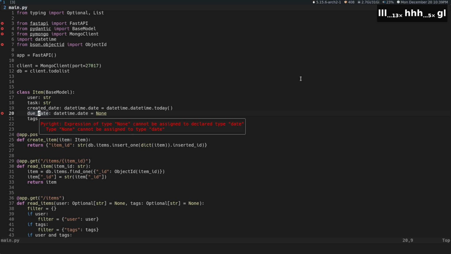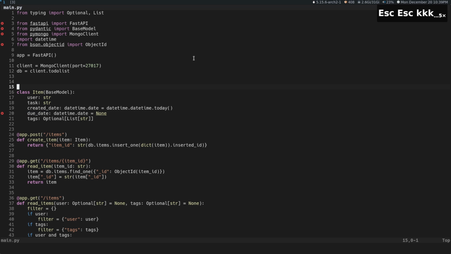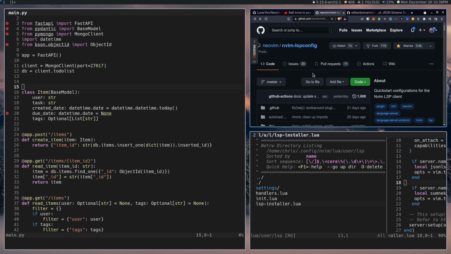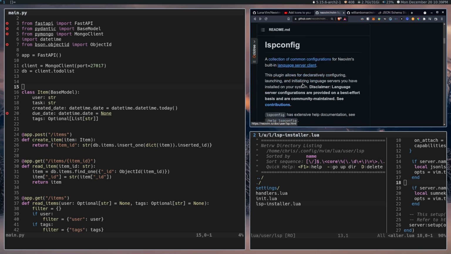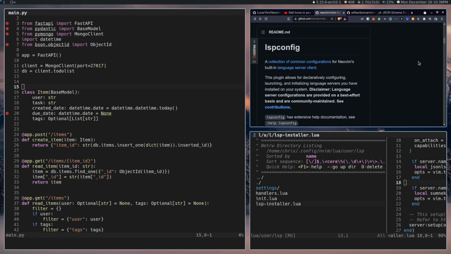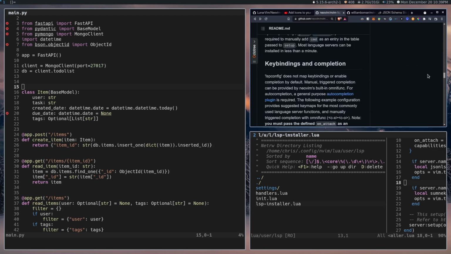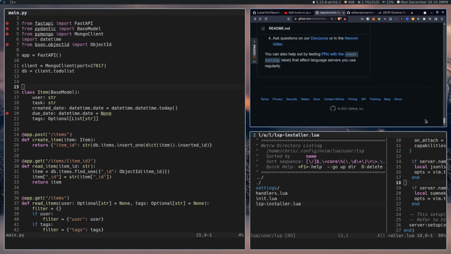And I'm like, well, Pyright, don't care so much about that. So what you can actually do is this. We can go to, and this is where you're going to get all your settings for all of your different language servers and stuff like that. You can head over to the Neovim LSP config repository, and I think it's all the way at the bottom, and you can read all this documentation too. You'll learn a lot from this, but we're going to go to